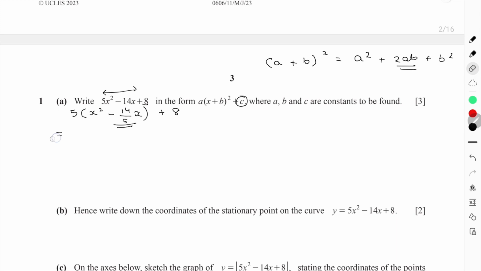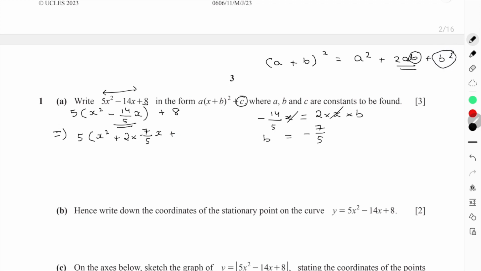So we can rewrite this as, I'll just write it here. Minus 14 by 5x equals, we don't know what our term b is, right? So we can write 2 into x into b. And to find b, we just cancel x and then we divide. So it's going to be minus 7 by 5. So this implies 5 into x, let's write plus, minus 7 by 5x plus,